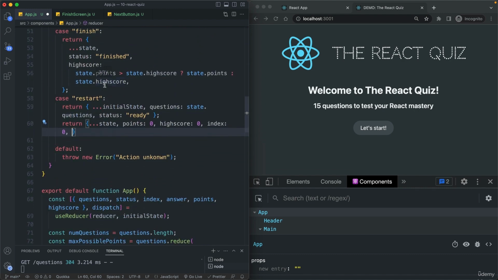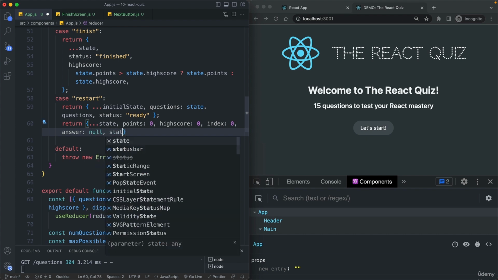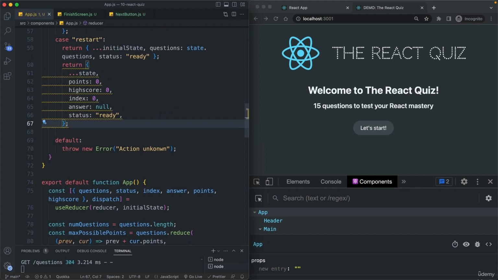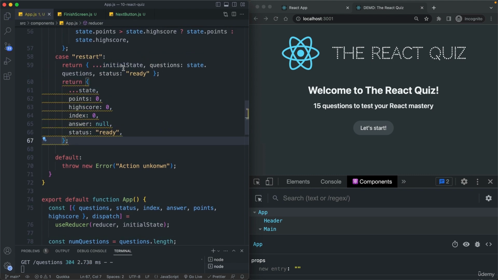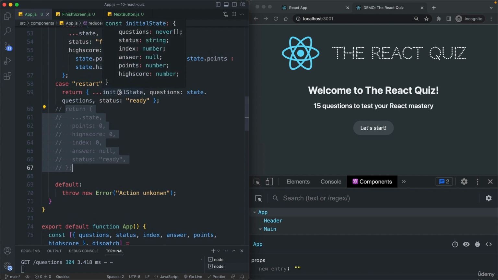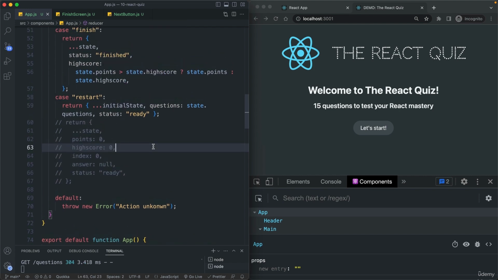The answer back to null. Answer back to null, and of course the status to ready. So both of these work. I just prefer this one here because it's a bit more explicit that we basically want to reset to something similar to the initial state. So this was really easy,